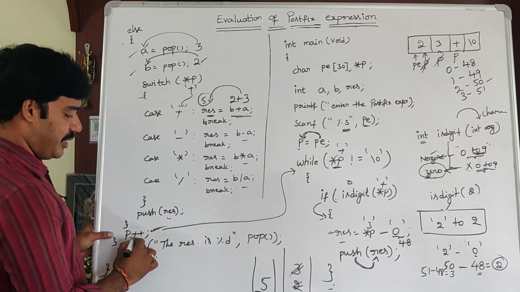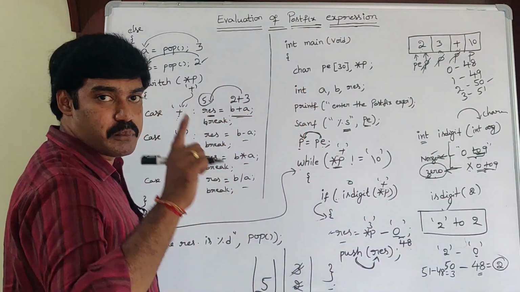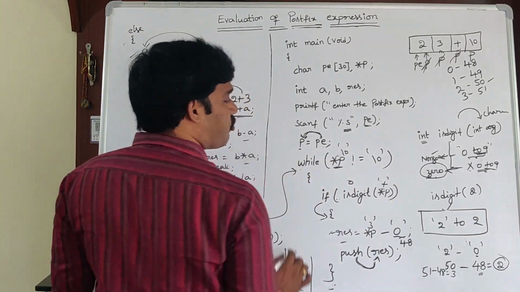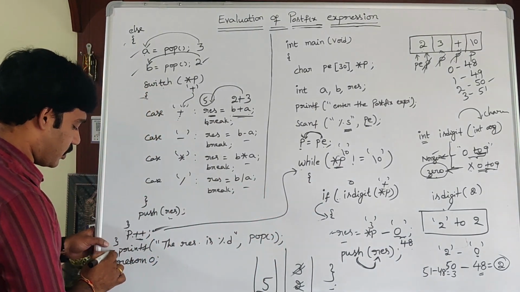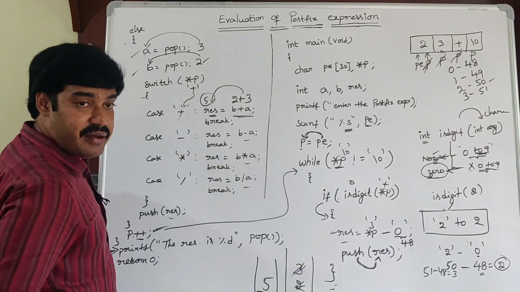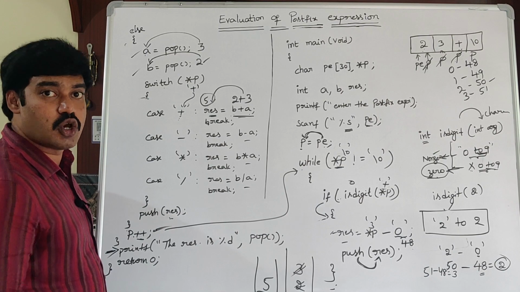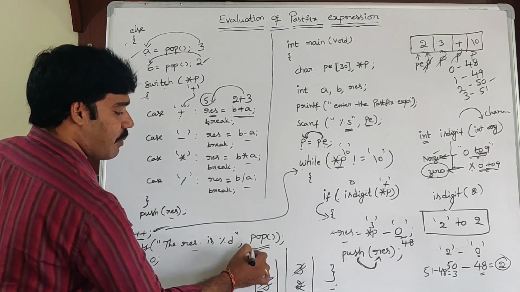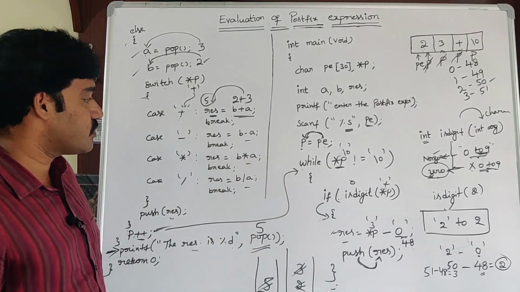Next one is p plus plus. Now p points to the last index, that is \0. So while *p, \0, not equal to \0, the condition is false. Coming out of the while block. When an expression ended, what is the value that remains in the stack? That is the final result. So pop that one. Pop this 5. So the result is %d comma pop, which means 5. Return 0 means the last line.